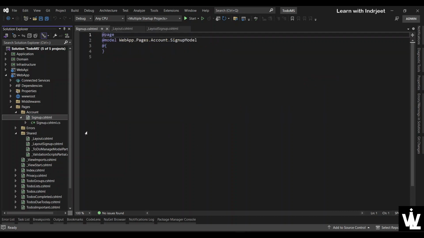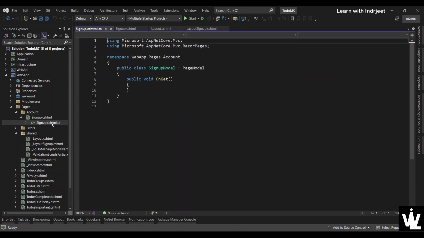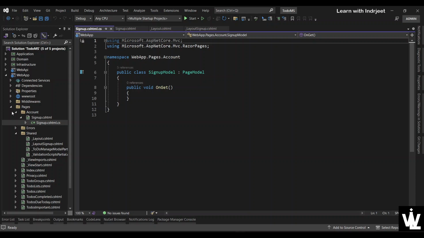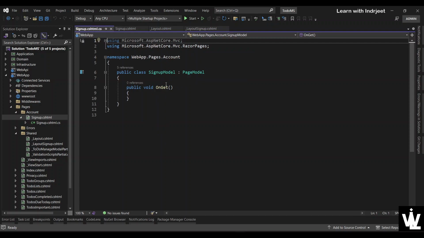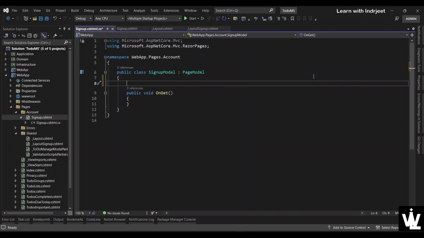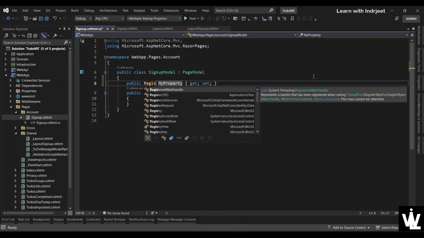Okay, see, the folder and the file as well as the cs file is created in one go. Okay, so in the signup.cshtml, let's create the UI first. So the page is this sign up model. Let's go ahead and give it a property, prop tab, register DTO,